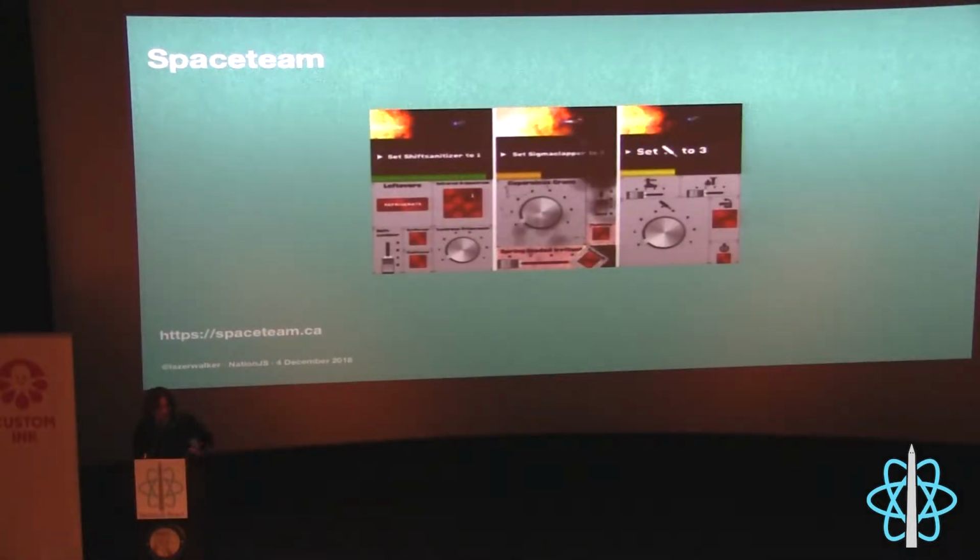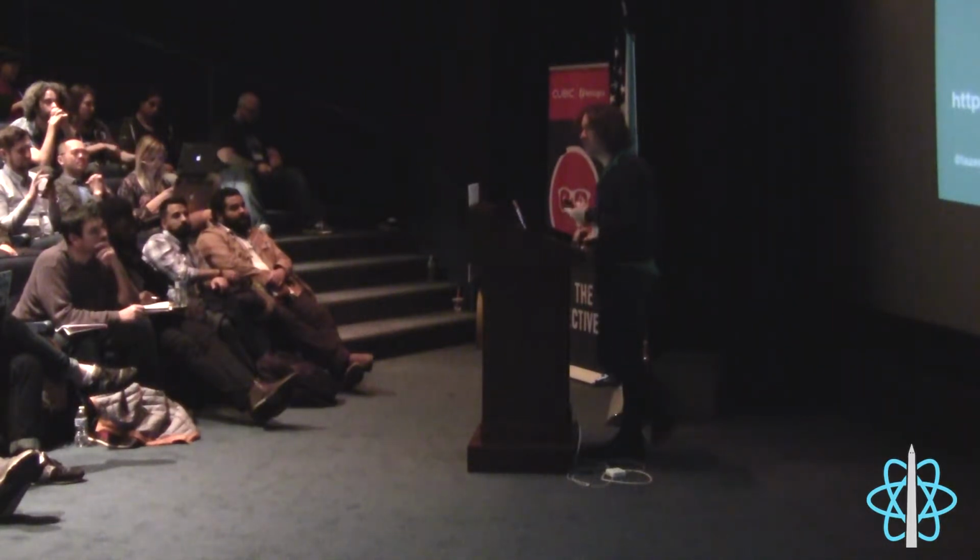As a third example, since those are both pretty out there, even specifically talking about networked video games, this is a game called Space Team that I did not make. You can download it for free for Android and iOS, and it's delightful, where all of you and all of your friends are piloting a spaceship that is falling apart, it seems, but you have to somehow pilot this ship without dying. And your interface to this game is a set of knobs and dials with all of these techno-babbly inputs, and you have a set of instructions like set shift sanitizer to 1, but you probably don't have the shift sanitizer on your device, so you have to yell at your friends and get someone else to do it. So this is a game where the pure joy comes from yelling at your friends,